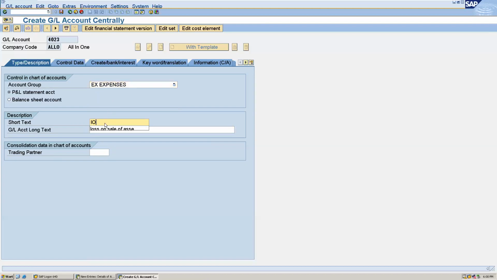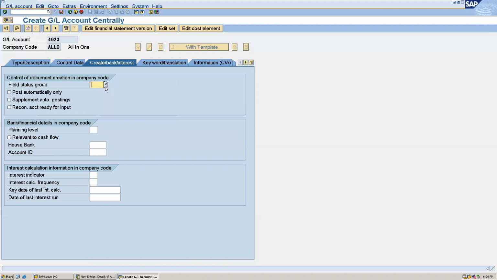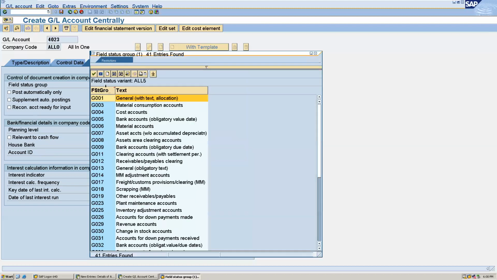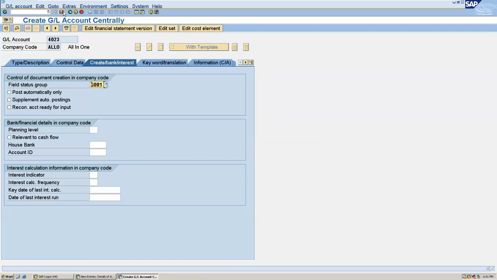You have to describe it: loss due to scrap. And here just give the G001. Save this.